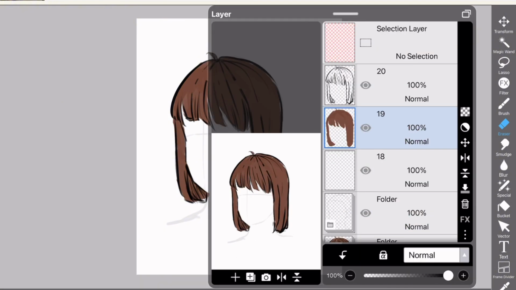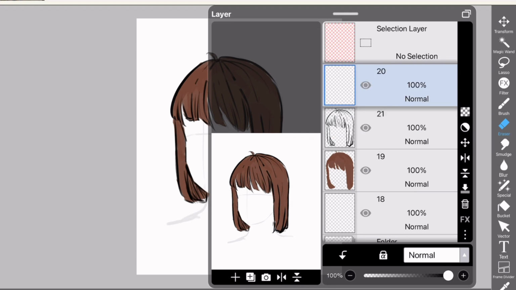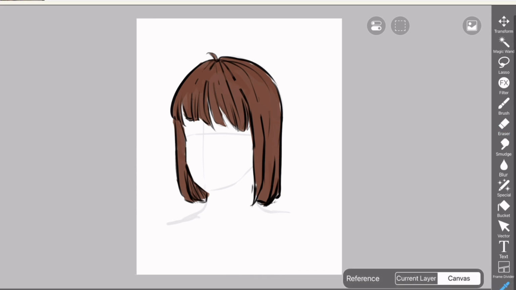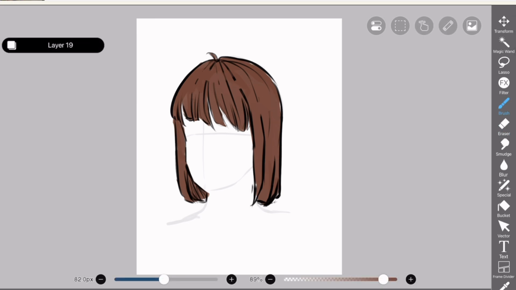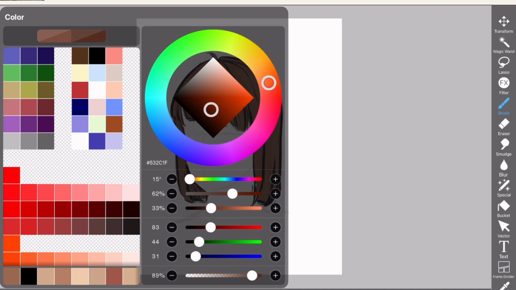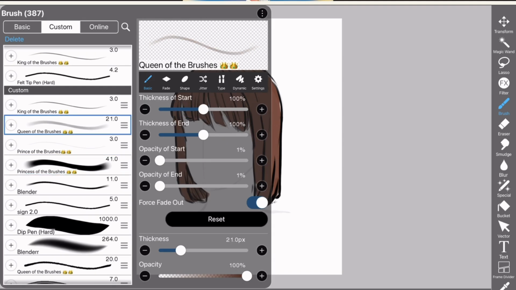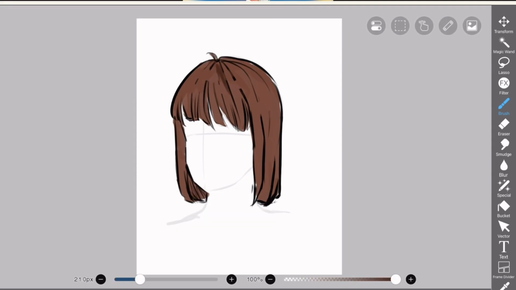Alright, so first of all I paint over the line art now instead of under it. I'm first going to put where the shadows mainly are, so I'm just going to get a darker color than our brown. So this is our brown right here. We're going to identify where the dark shadows are. For example, there's some over here. We're basically going to make a big blob of shading,